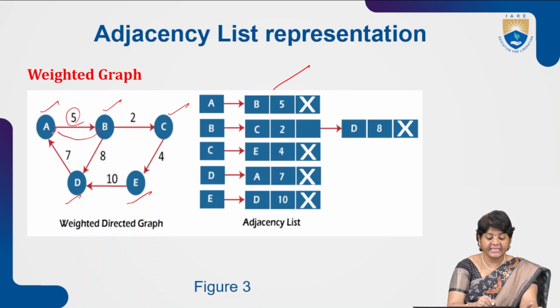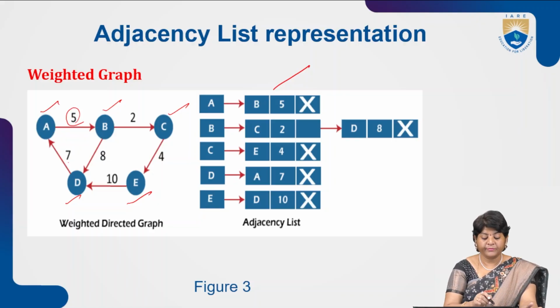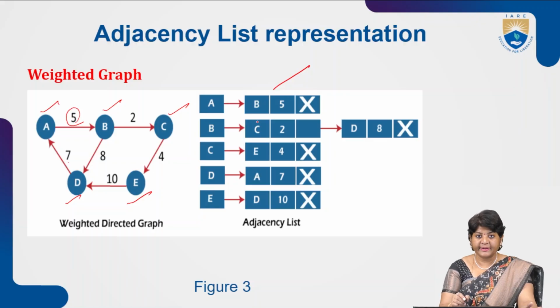There is no edge connection in this way. So we should not consider the weight 5 for B to A. We should connect only A to B. We have a connection only from A to B, and now we should consider the weight 5. So see here how we will represent that. The vertex is selected and A is linked to B with weight 5. In this way we will represent it: A is connected to B with weight 5.